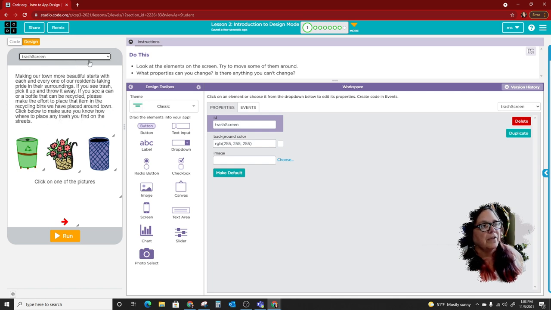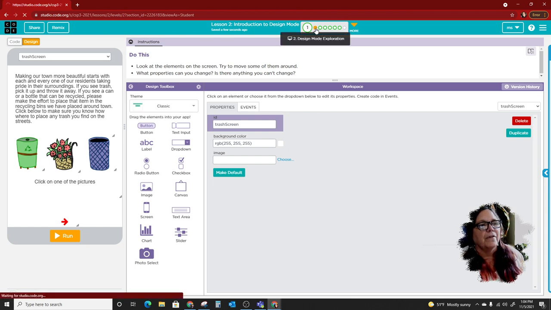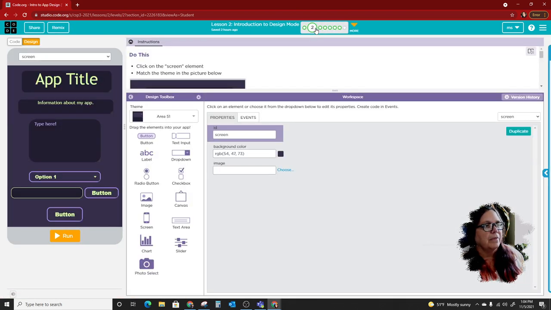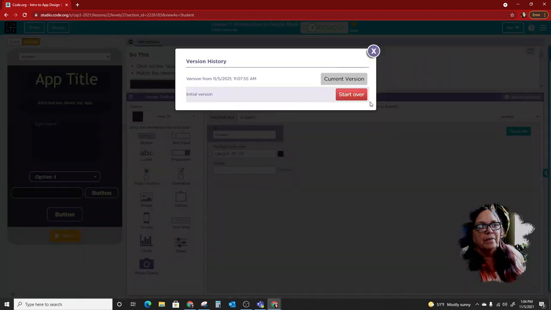So those are some different things that you can change. You can look to see what properties you can and can't change. So try and play with that for a little bit. Again, pause, play with that. After you've played with that for a while, you're going to go do the same thing, or on this next screen here, I'm going to go ahead and reset my version,